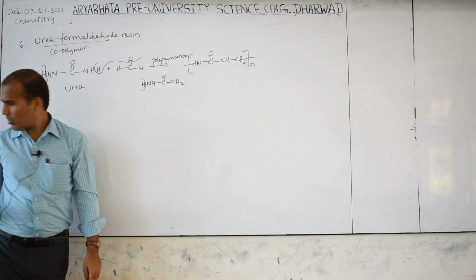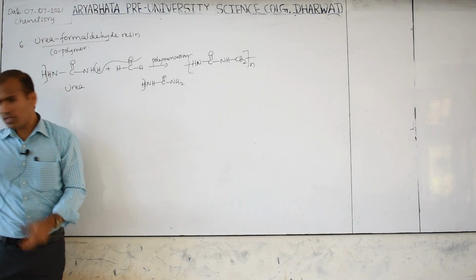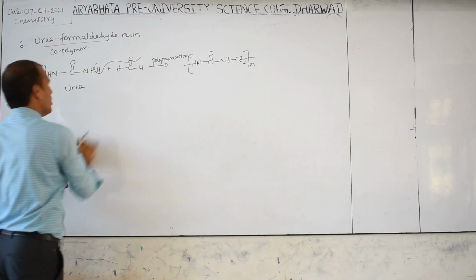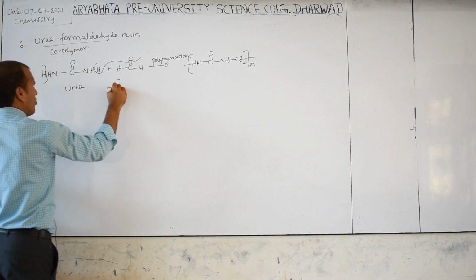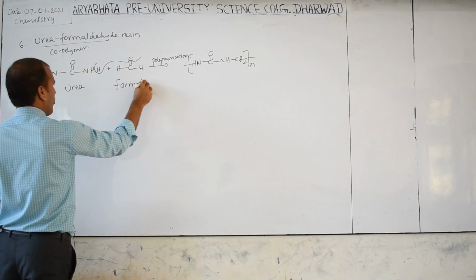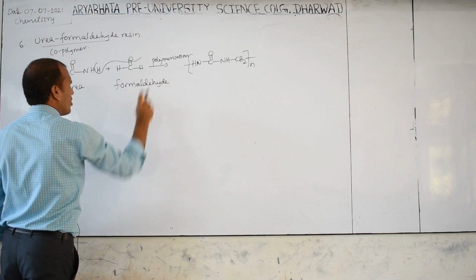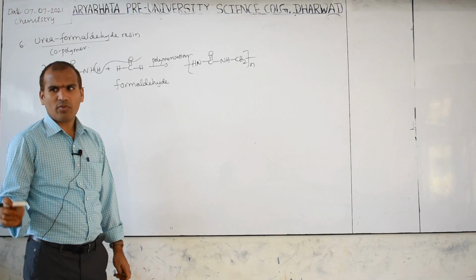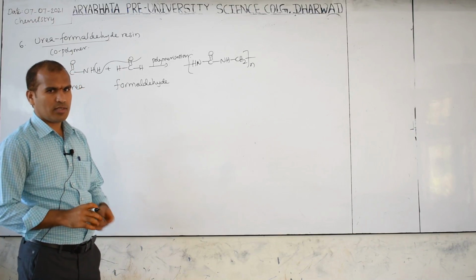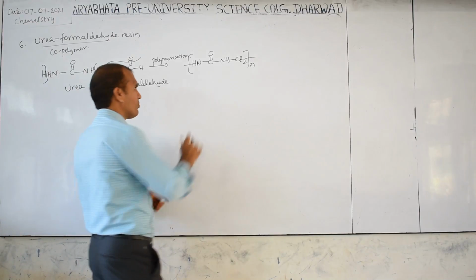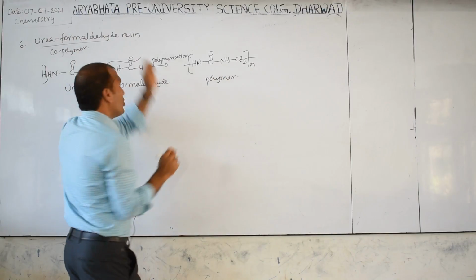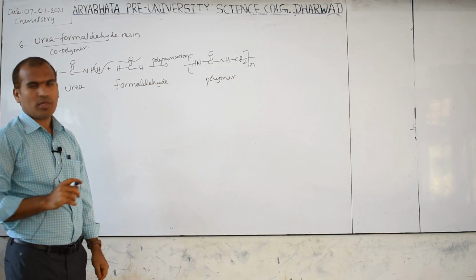Then here the bond is taken. So this is only for your understanding purpose. I wrote this, I want to remove this. So this is which one? Formaldehyde. Actually, these are somewhat difficult to draw as polymer structures, therefore you have to practice. This is a polymer. Which polymer? Urea formaldehyde resin polymer.